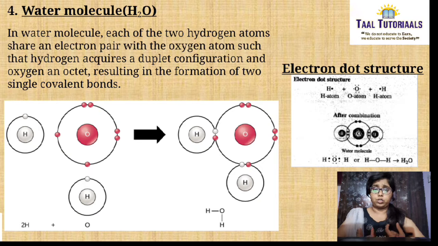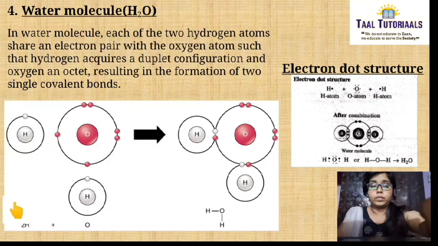So these two hydrogen atoms share electrons with oxygen. See, oxygen needs two electrons to get octet electronic configuration. It has 6 valence electrons. It wants 2 electrons to get stable electronic configuration. So that is shared from 2 atoms of hydrogen. Here you can see hydrogen has 1 valence electron and one more hydrogen atom has 1 valence electron. Here oxygen has 1, 2, 3, 4, 5, 6.